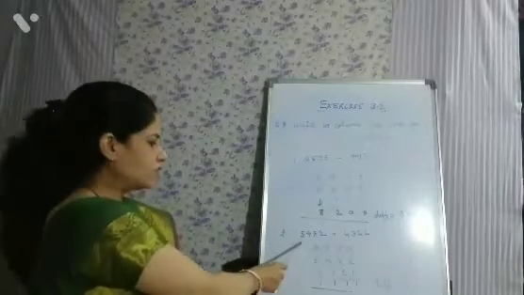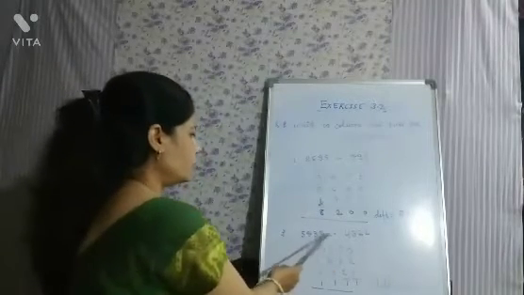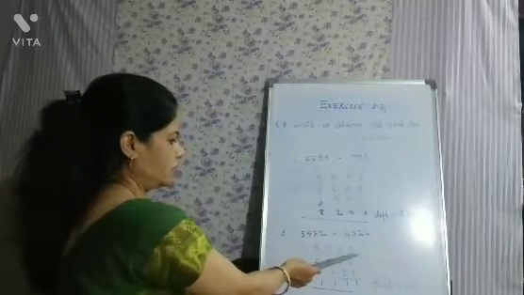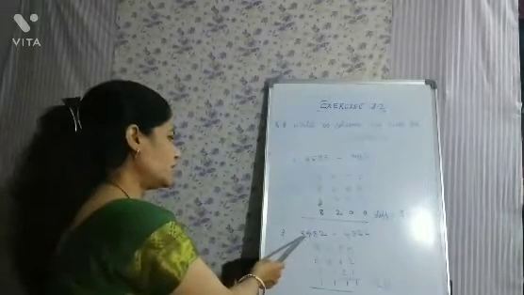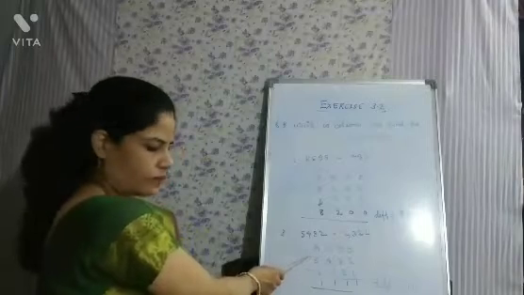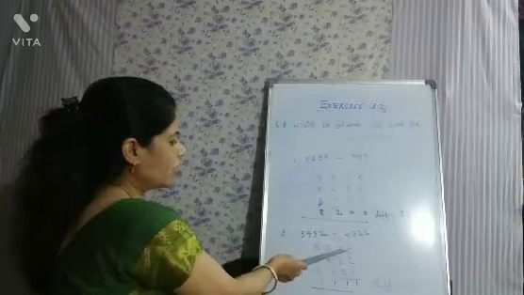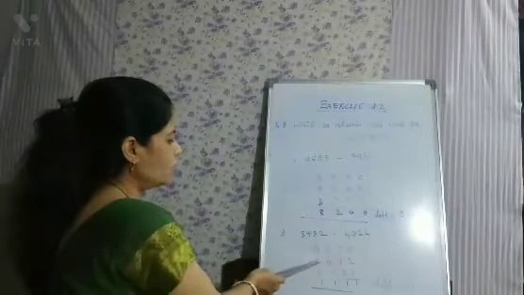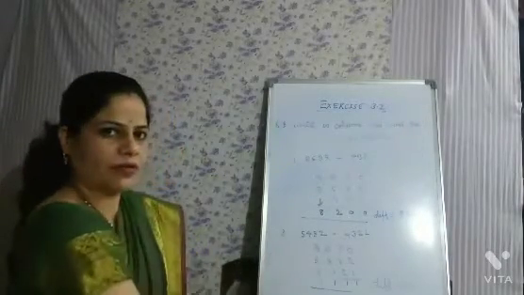Now third one is 5432 minus 4321. Both the numbers are 4-digit numbers. So you have to write places up to 1000. Ones, tens, hundred, thousand. Okay. Now you have to arrange the digits of 5432 under these places. So 2 you have to write in ones column, 3 in tens column, 4 in hundreds column, and 5 in thousand column. This way you have to arrange the digits of number.